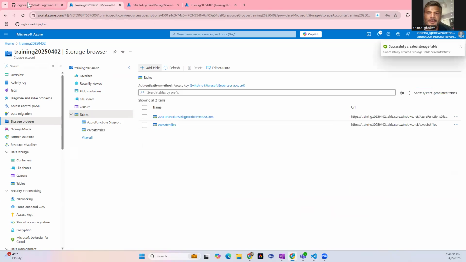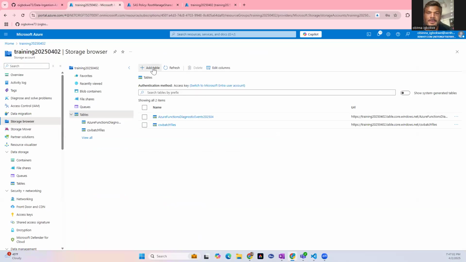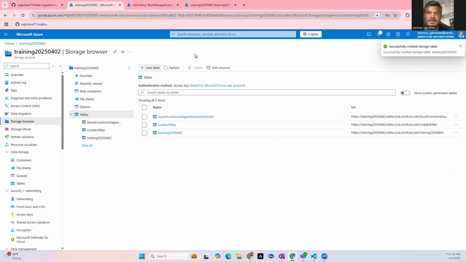And we're going to go back to our documentation. And we're also going to add one for our NoSQL data store. So we add that. 2025 402. And then